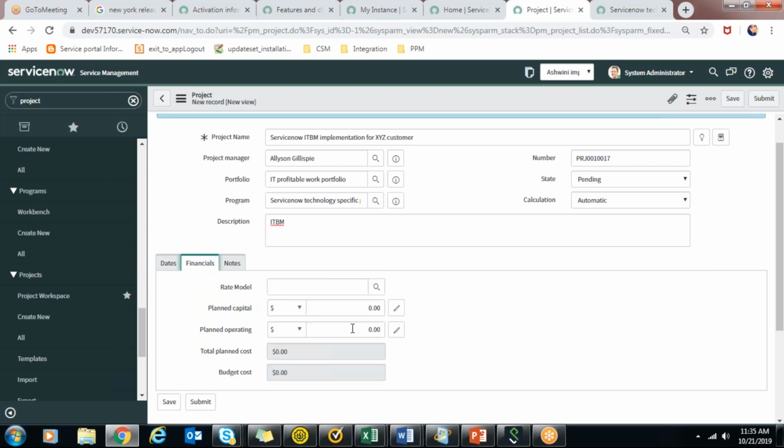And financials, if you have a fixed currency, currently here it's dollar currency type, you can change it. If it's $1,000 planned capital cost and $1,000 operating cost, and what is the rate model.